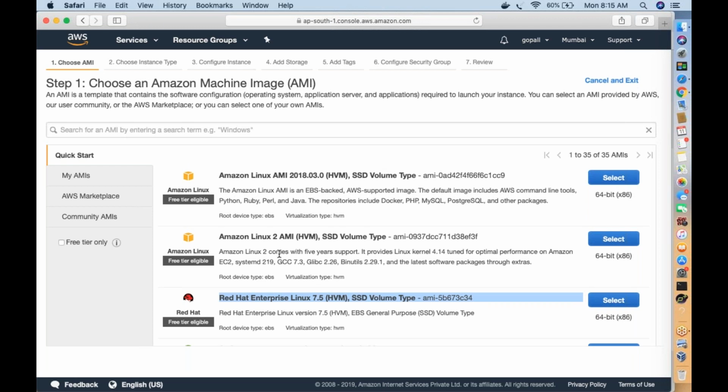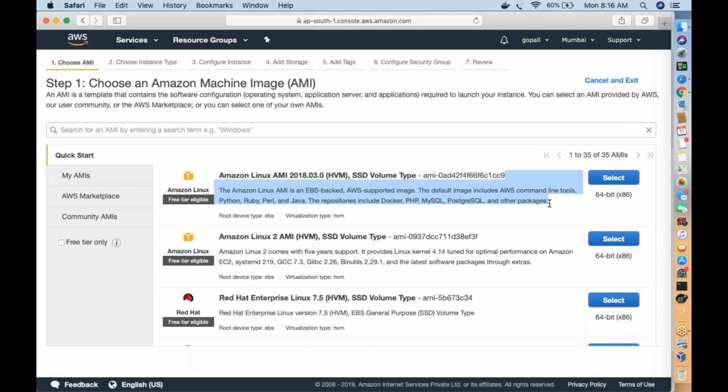Before selecting an operating system, see the description. It says that when you create a server from this particular operating system, these prerequisite softwares are included in your server.